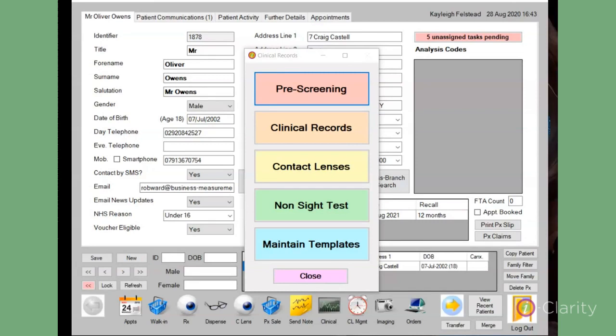This video shows you how to use the Clinical Records module in iClarity. The iClarity Clinical Records module consists of 4 record types: pre-screening, clinical records, contact lenses and other or non-site test records. The patient information in the Clinical Records module is more sensitive than that stored in other parts of the